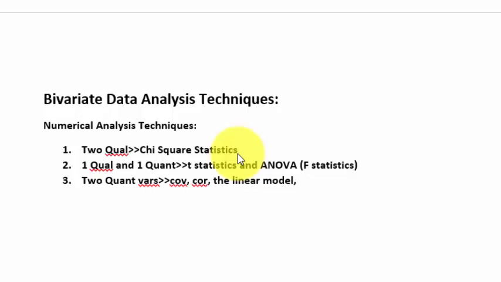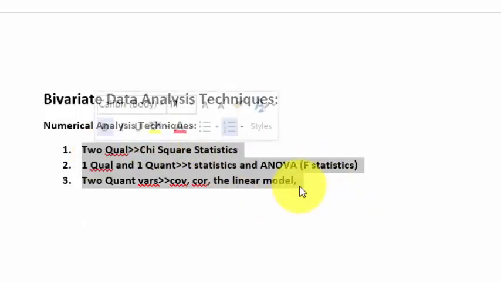ANOVA, for which we calculate every statistic depending on the number of categories our qualitative variable has. And then the third case, where we have 2 quantitative variables, we use covariance, correlation, and linear model. We have seen how we calculate all these statistics in R. Next, we will use a data set with few observations in order to see how actually, using pen and paper,